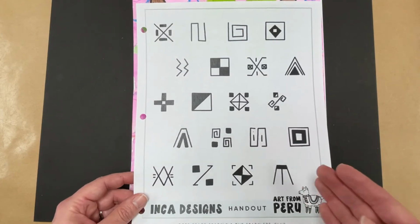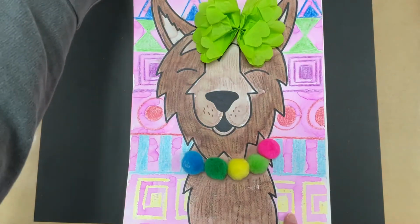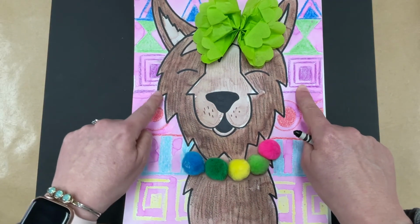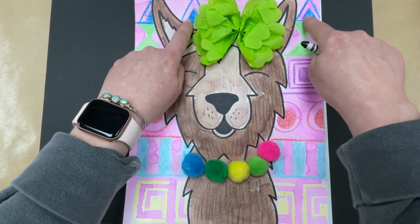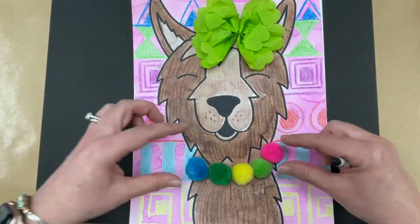These are some Inca patterns, and you can use some of these and make patterns in your background and color them with your crayons, okay? So like on this one, I made some triangle shapes, and that's all with crayon in the blue that you see. And then this was with the green, and we just made lines,